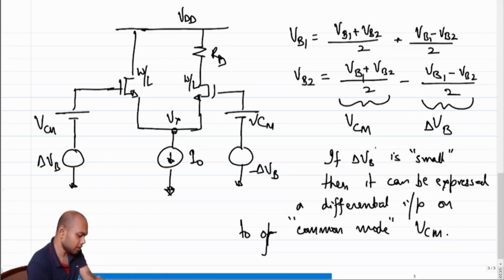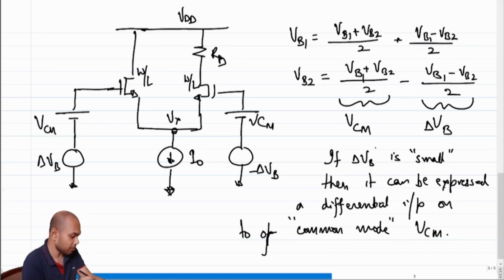We are doing all these things because ultimately we love symmetry. If we have symmetry, then circuit analysis becomes easier. So that's why we would like to break it up in such a way that we arrange the inputs for our analysis so that symmetry is established. Okay, so if this were the case, under quiescent condition,